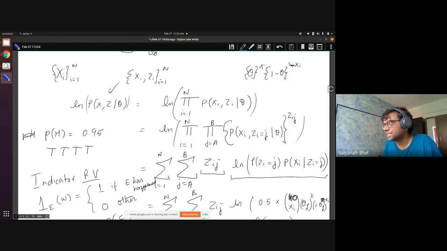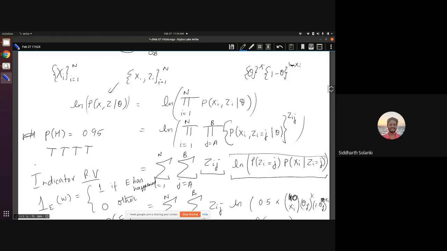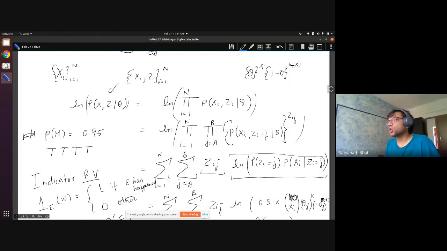Even if Zij is 0, I am going to sum over this, because the whole purpose of Zij is to get a general expression. So this is for doing the algebra. Why did we bring this Zij? We could have always directly said, okay, yes, when there are four... It is sort of a switch on, switch off thing. Exactly. Yeah, it is a sort of switch on and switch off.